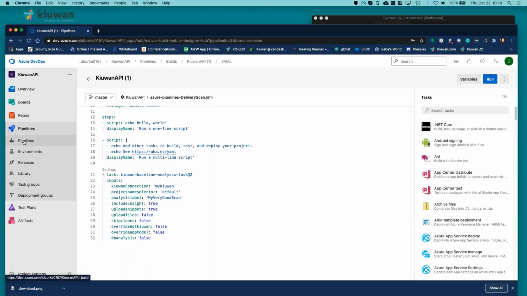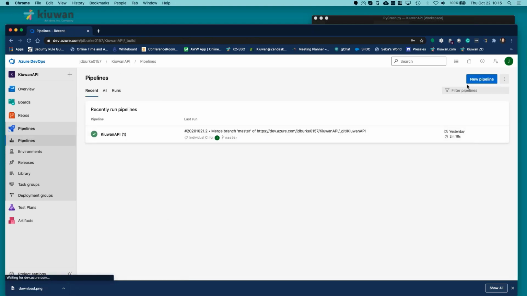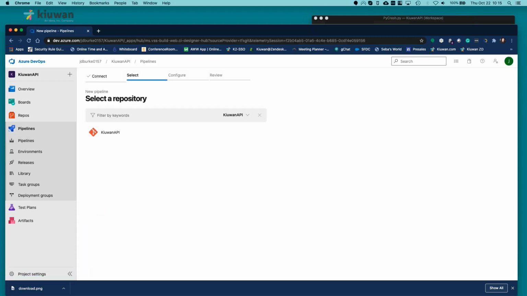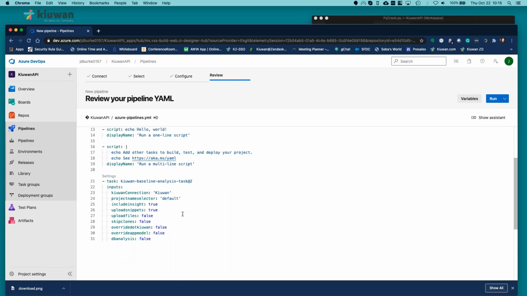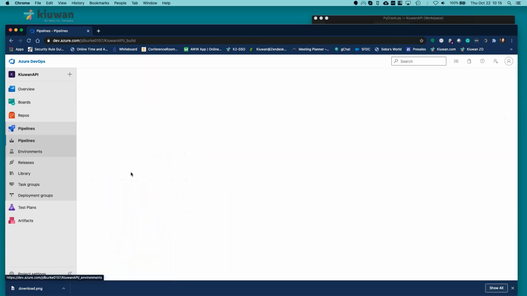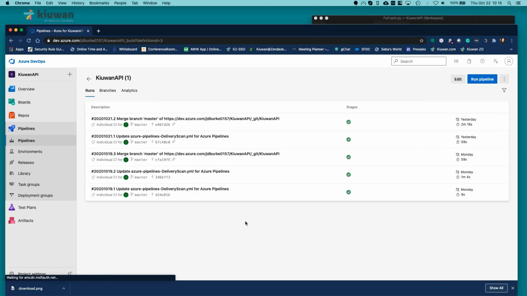Or if we wanted, we could go over to pipelines and create a new pipeline. So, and then from there, when we go back to editing our pipelines,